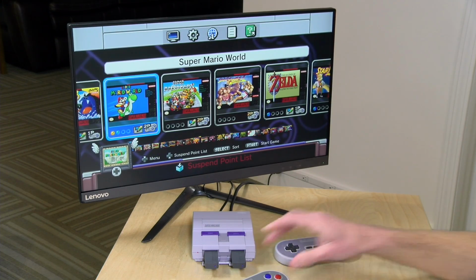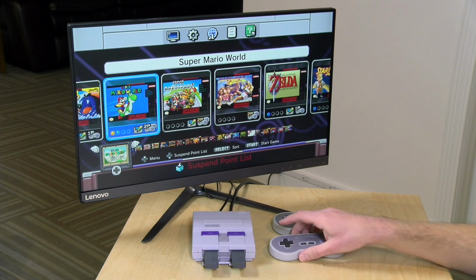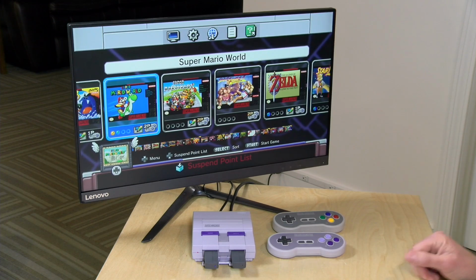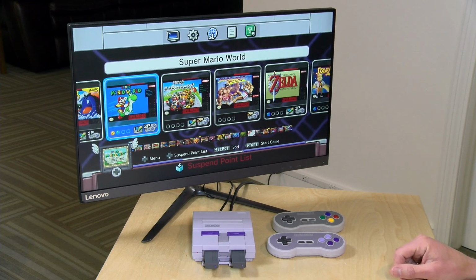I once again want to thank a viewer, Trevor Paisley, who sold me his SNES Classic for the price that he paid for it, and thankfully he paid its $79 retail price for that. So that was a great help to the channel here, and I'm having a lot of fun playing with this little mini console. So that's going to do it for these new little wireless controllers from 8Bitdo, and this is